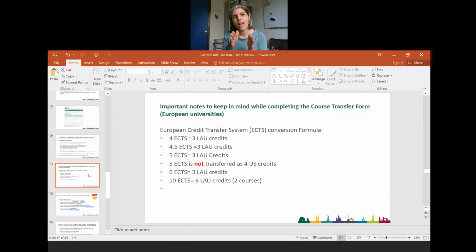And so as a result, the trick there is that, in terms of topics, like an operations and production management 10 ECTS class, that's only going to come back as the 3 OPM credits. But you technically have 6 credits you can bring back. So then you might want to get creative. Maybe those can be counted as free elective. Or if you find a 10 ECTS statistics class, for example, and you can demonstrate that they actually cover the basic statistics, what we would call QBA 201 in the business school, and QBA 301 in that one course, then you get QBA 201 and QBA 301 back as the 2 courses. So you have to be a little bit creative sometimes,